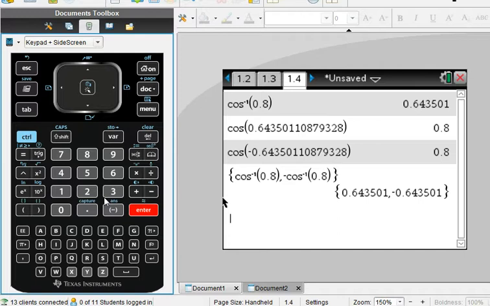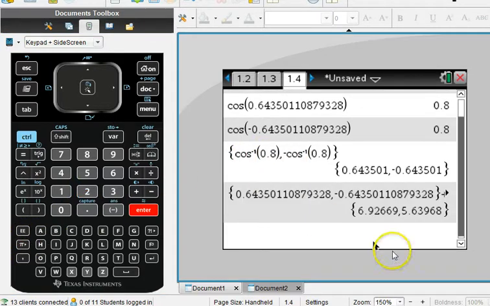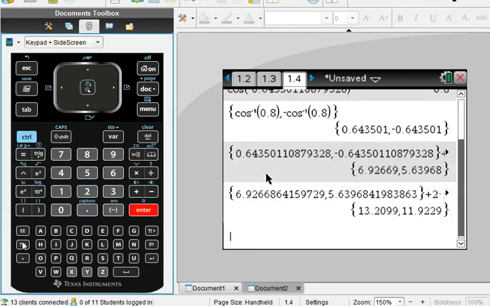And then I can easily add 2 pi to both of them at the same time by doing plus 2 pi, adding it to the curly bracket, and then I get the next two numbers. So that gives me 2 more solutions. And then I'm going to add 2 pi again, and that gives me 2 more solutions. So those are 2 more solutions when I add the values. And then I'm also going to take my original 2 values right here and subtract 2 pi from them. So minus 2 pi,